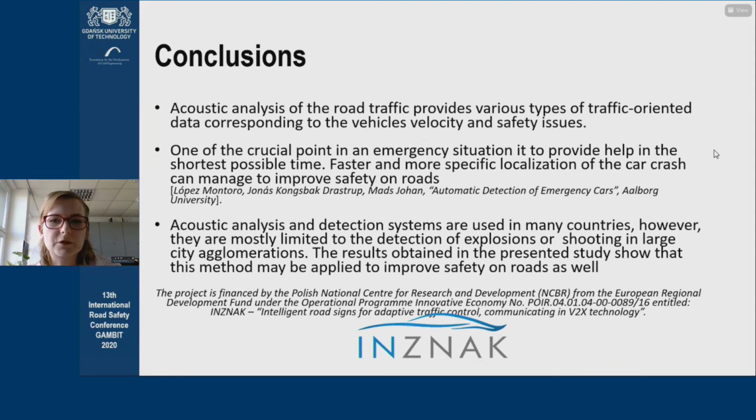acoustics gives us a bunch of additional information about road traffic analysis. What we have left is to catch up with technology in order to be able to maintain the microphones in various weather conditions. This is probably the most difficult point, because the ability to take data out of acoustic signals, there's a lot. We can hear things like ambulance sounding, collisions and their characteristics. And of course, the project was co-financed from the National